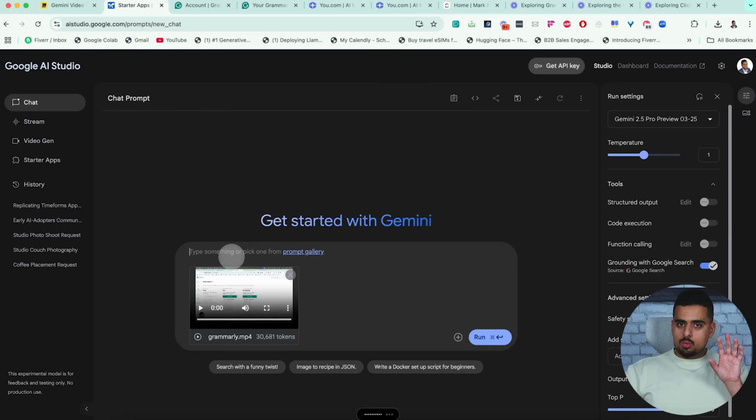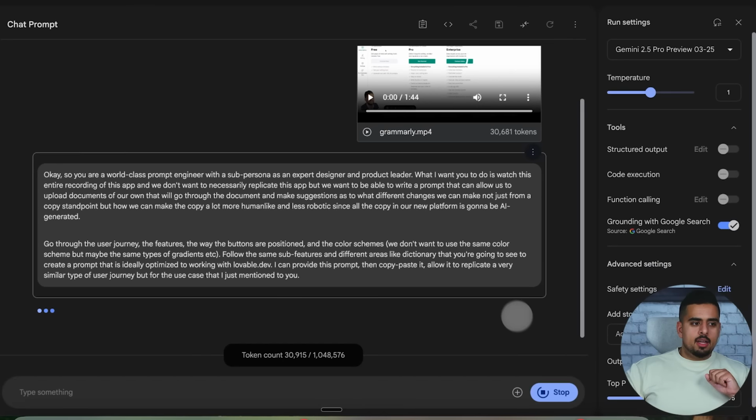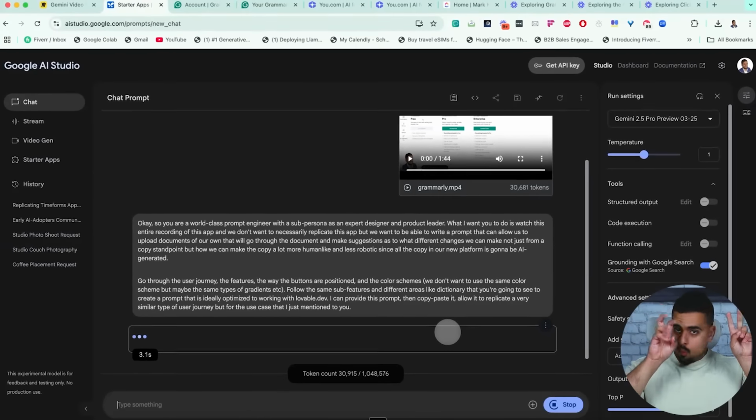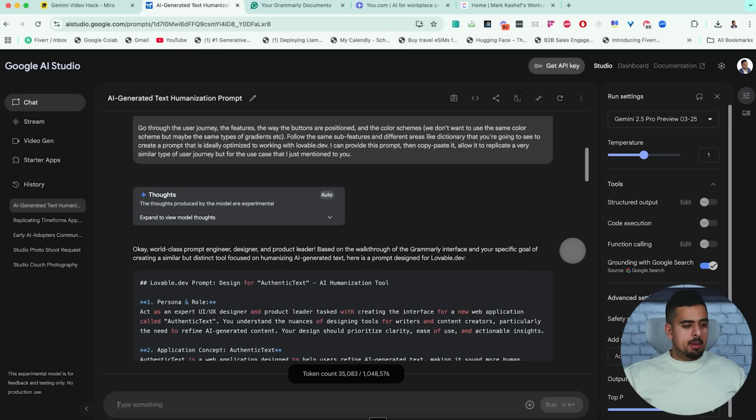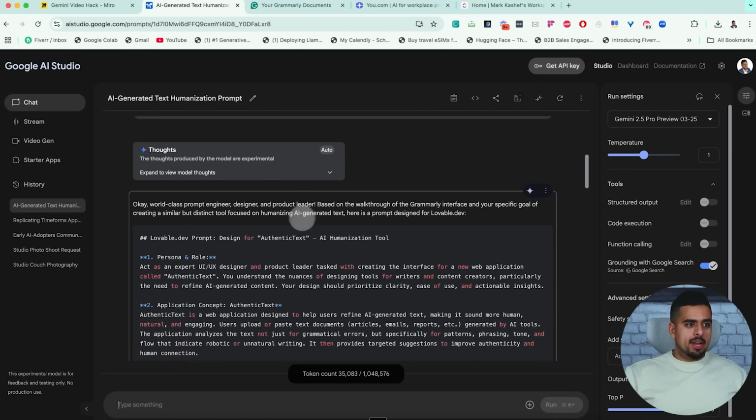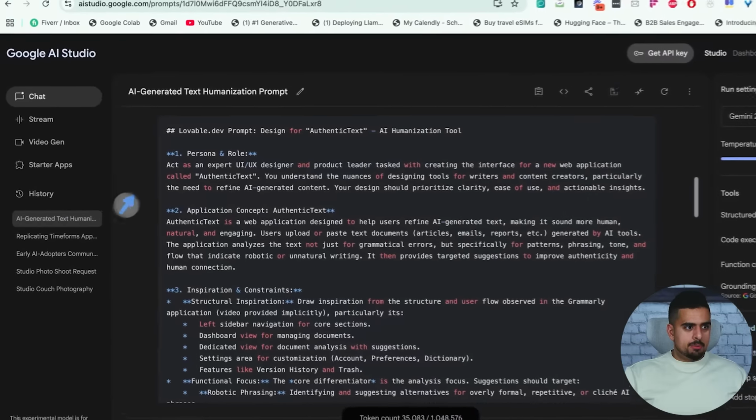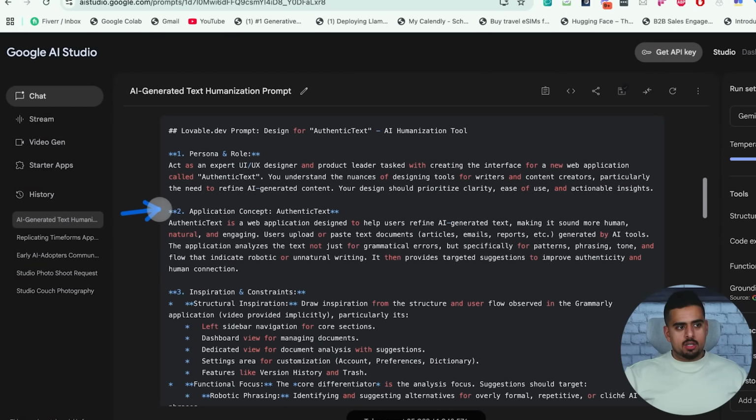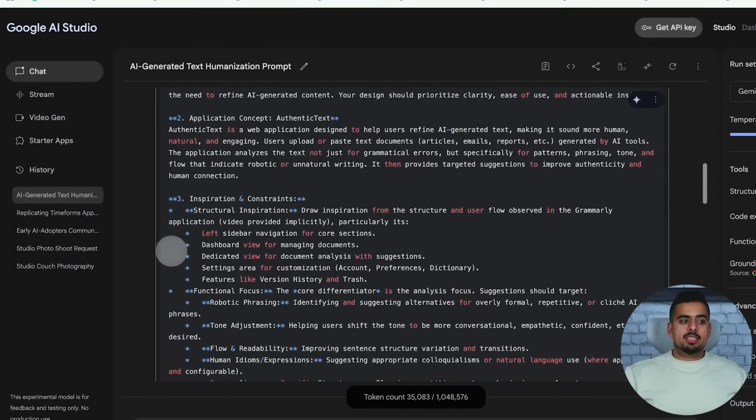So then we'll let it transcribe that, and then we'll send that, and it will take its time, quote unquote, watch the video, and then come back with a prompt. All right, so it took around 2 minutes, and it came up with this very comprehensive prompt written in a code block in Markdown, where we go through the different persona and then the application concept. It comes up with some new name, inspiration and constraints,